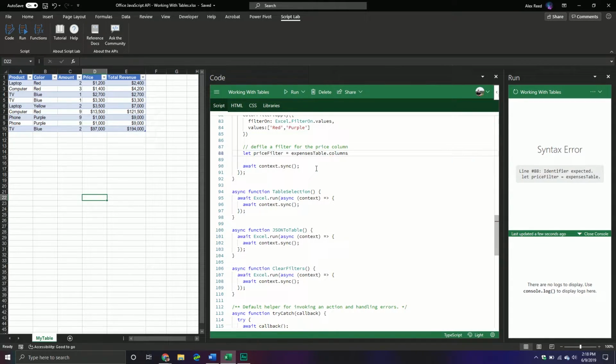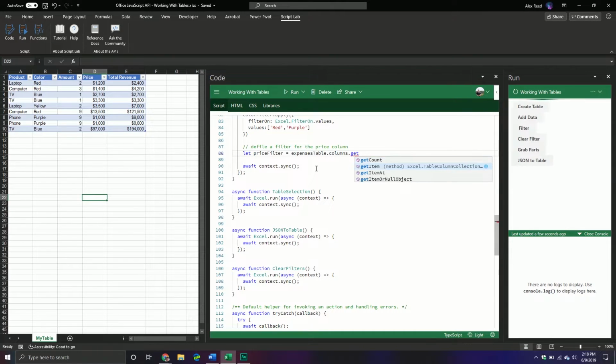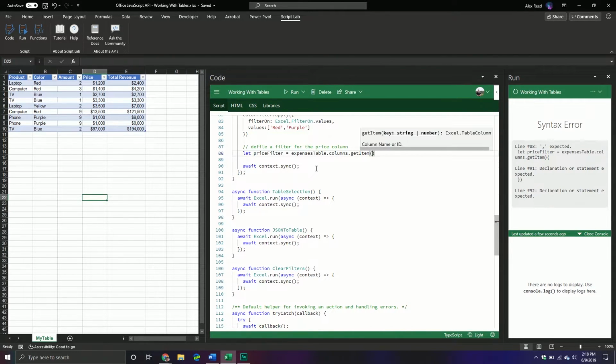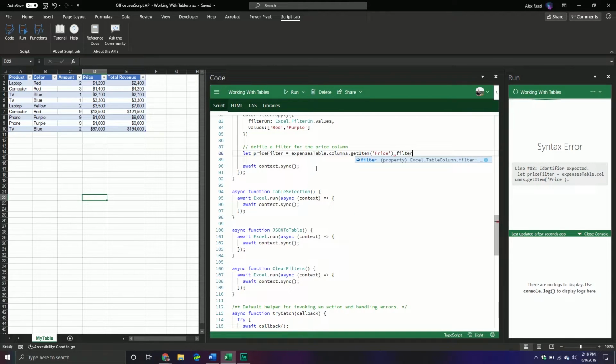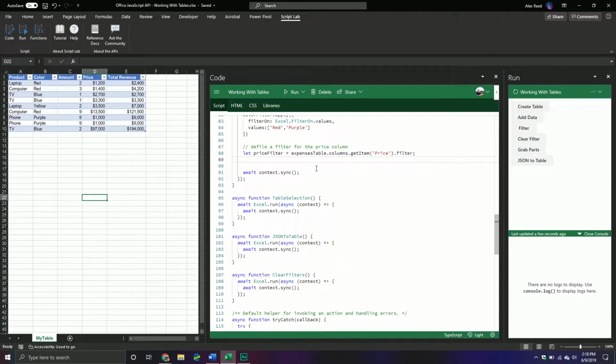We'll go to the columns collection. We'll call the get item method. And then we're going to say grab the price column. And then we're going to call the filter property that belongs to that column. And again, it's the same for the most part. It's going to look a little bit different because now we're filtering on a different type of